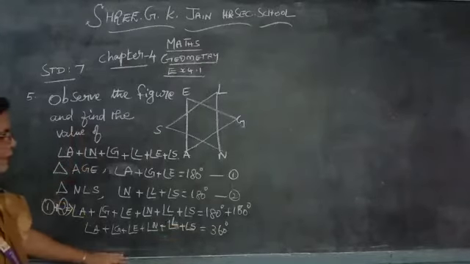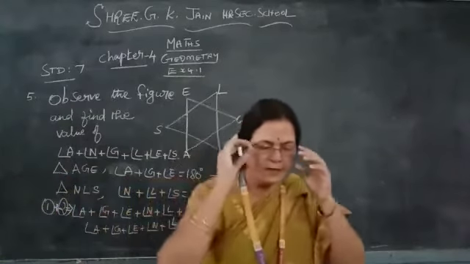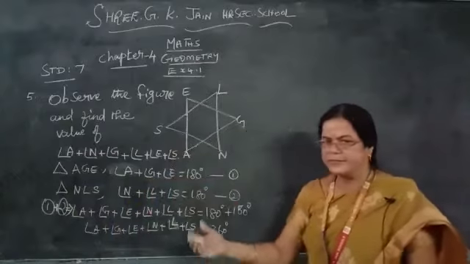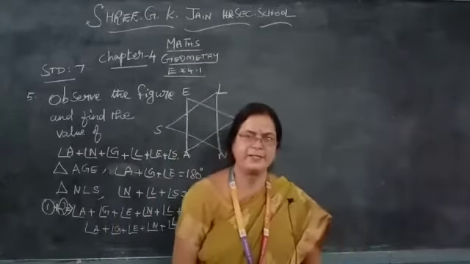Okay students, I think you are enjoying. Hereafter, on looking at this figure itself, you remember these two triangles together give 360 degrees in this diagram. I think you enjoy this sum, no? Shall we do the next sum?